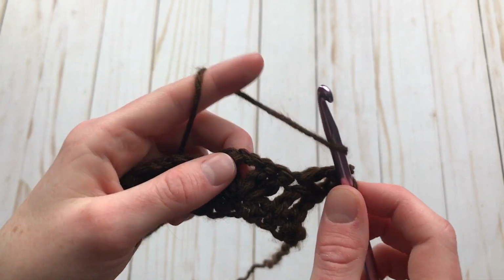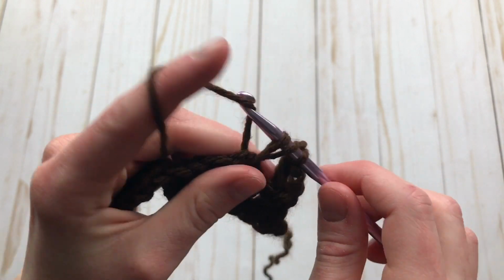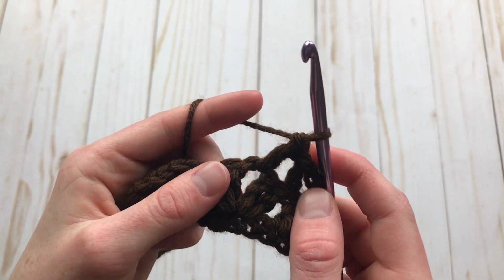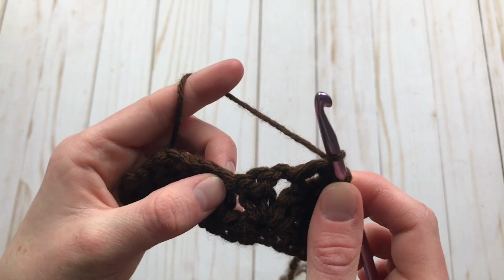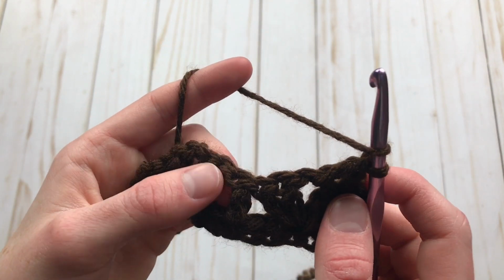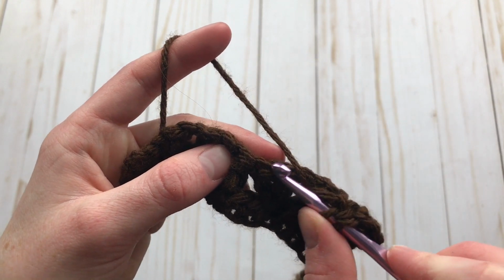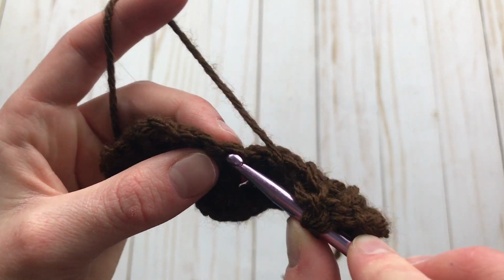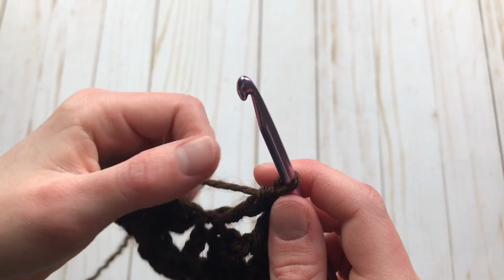So I'm just going to do 1 double crochet in the top, so in that chain space right there. And this will feel like you're not doing much, but then when you do the fan stitch in the double crochet, it will make up for that lost space basically. So I'm still skipping these double crochet of the fan, and I'm going right into this double crochet that was in the center. I'm going to do a double crochet